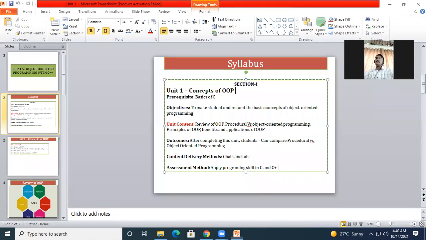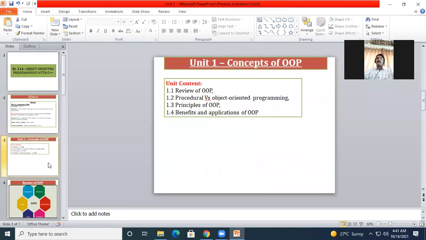We also know the concept of C++, where the plus plus is nothing but the increment of C. That is why it is called the C++ language. There are many more terms for the extension of the C language, or extended C, but most commonly it is known as the C++ language. Okay, so with this introduction of the first unit, concept of OOP, we will now go to the contents.